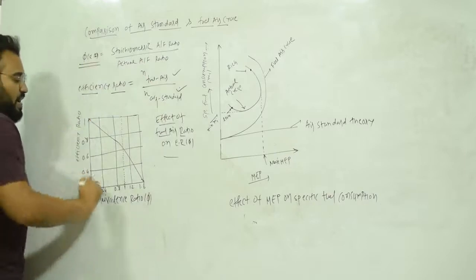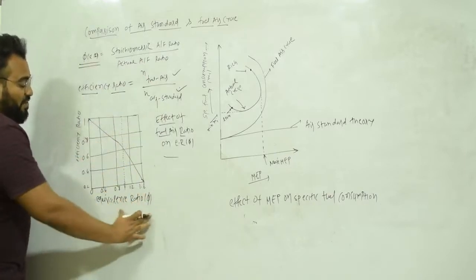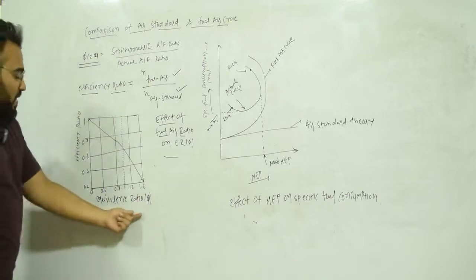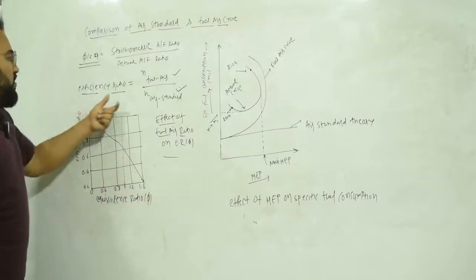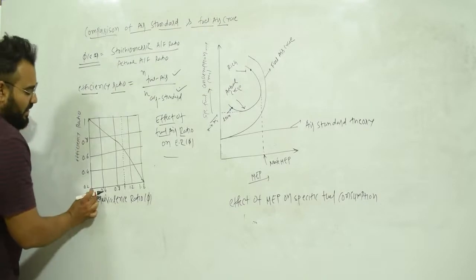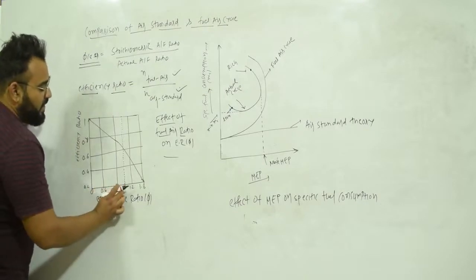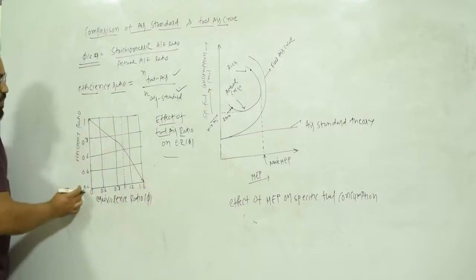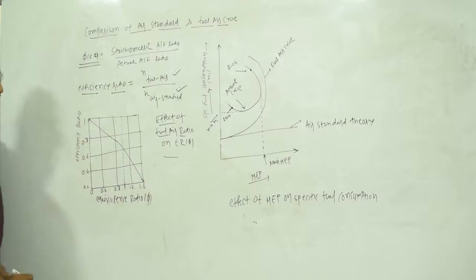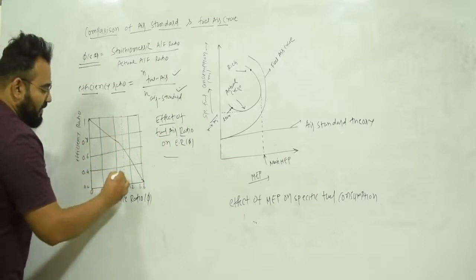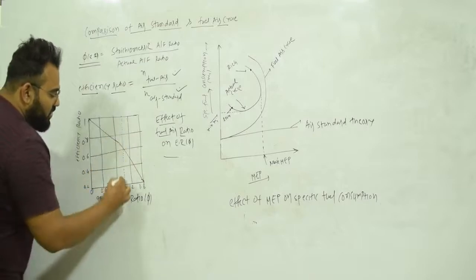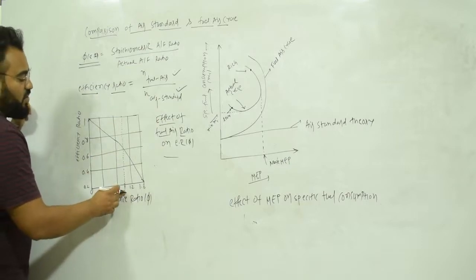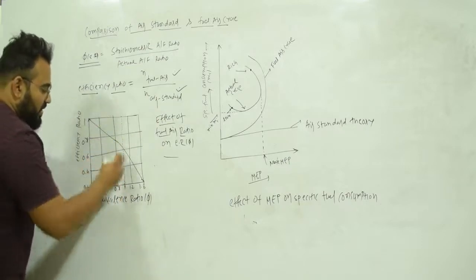Here you can see one graph. On the x-axis we have the equivalence ratio, and on the y-axis we have the efficiency ratio. You know what the equivalence ratio and the efficiency ratio are. The values written are 0, 0.4, 0.8, 1.2, 1.6 for the equivalence ratio, and 0.2, 0.4, 0.6, 0.8 and 1 for the efficiency ratio. This dotted vertical line shows the stoichiometric ratio, where the value is 1.